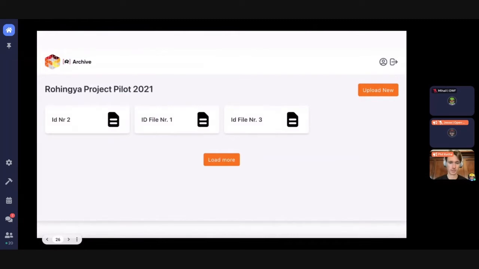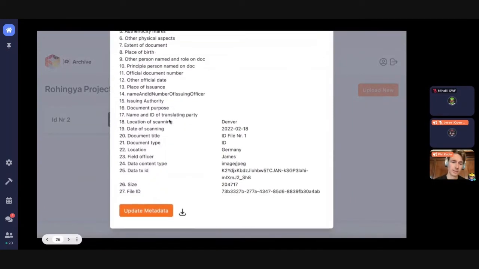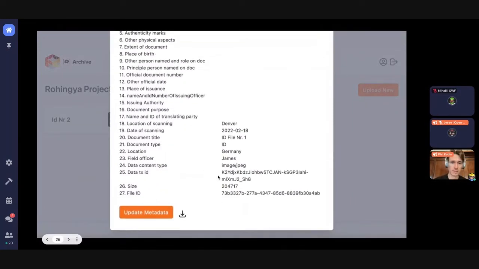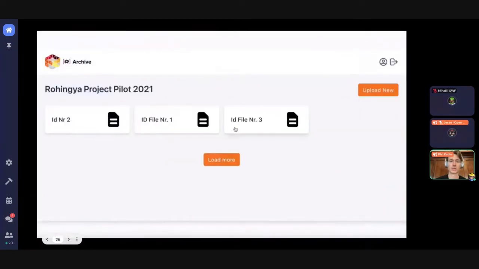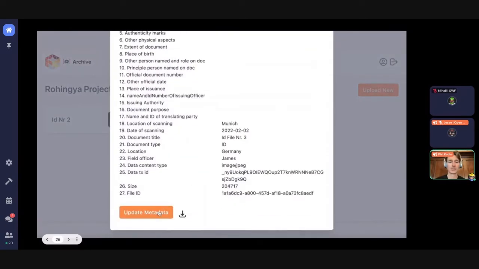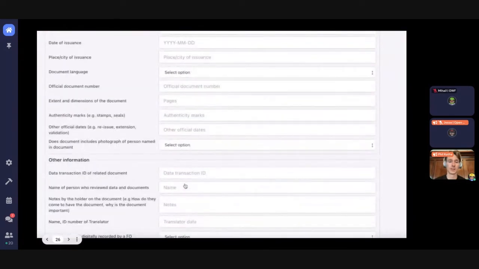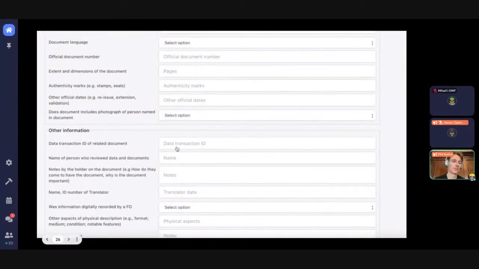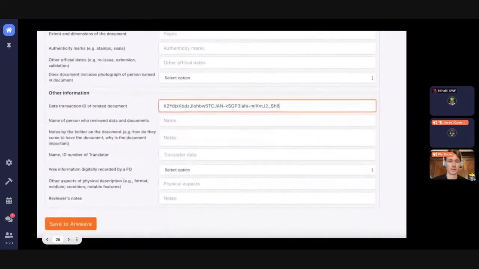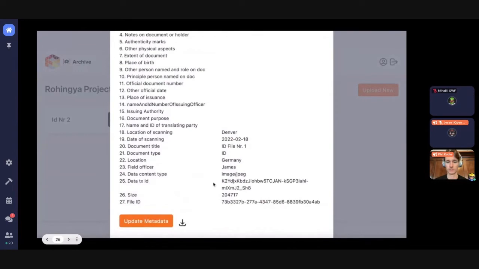And we're querying the blockweave again, and there you see file ID number 3 already uploaded. And what I'm doing here is, via the metadata, via the transaction ID, we can link documents with each other. So let's say we have an ID document from one refugee and a video stating his consent that he wants to have this document in the R archive. We can just link the documents using the transaction ID for later research purposes.